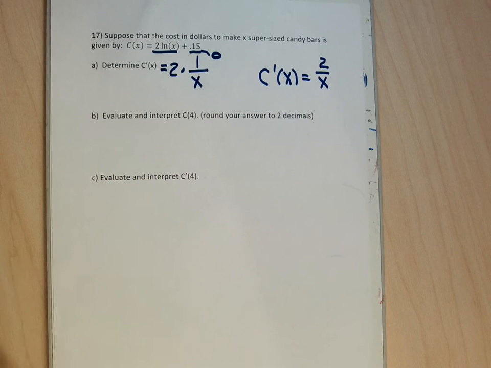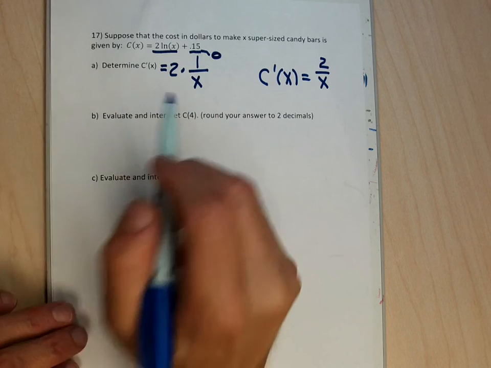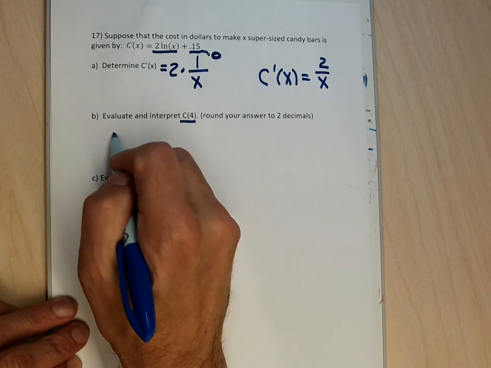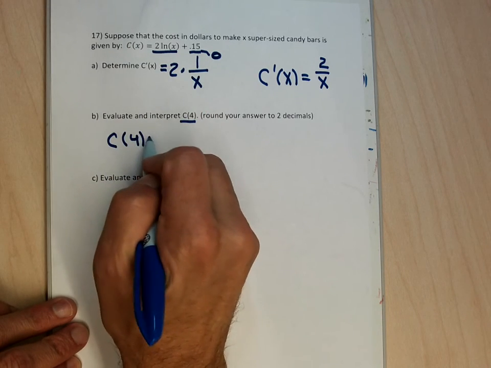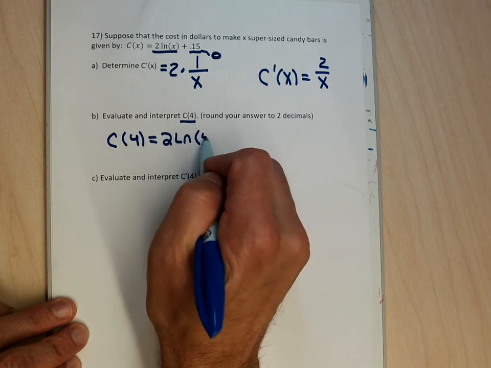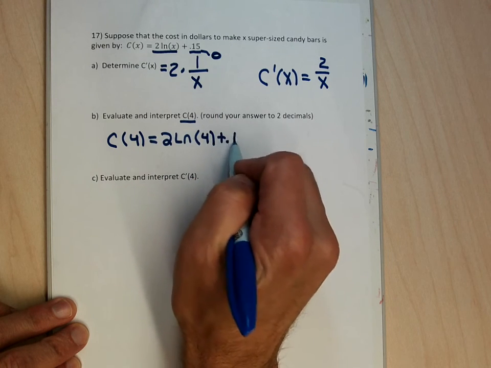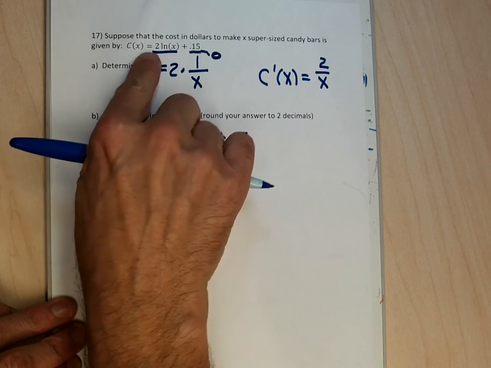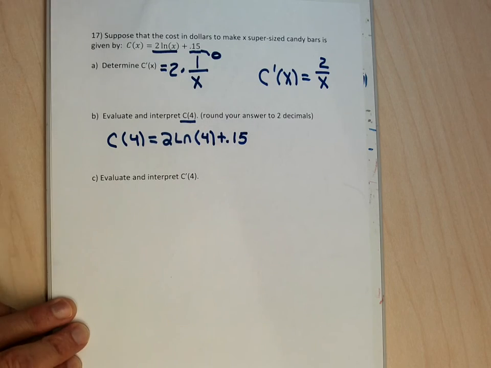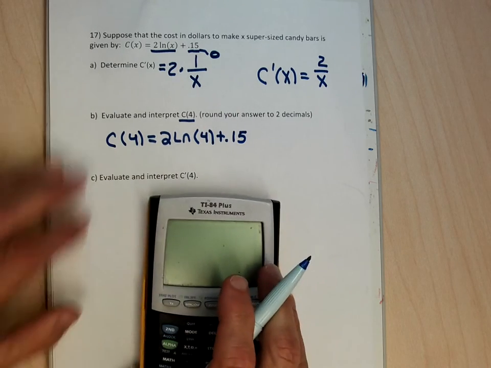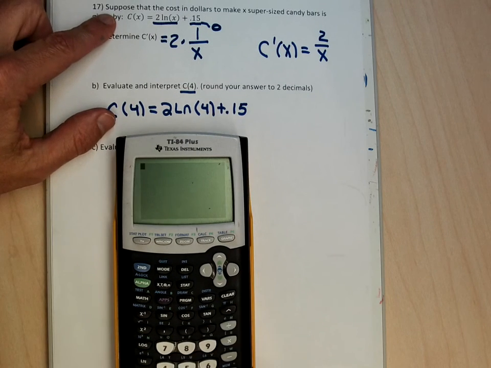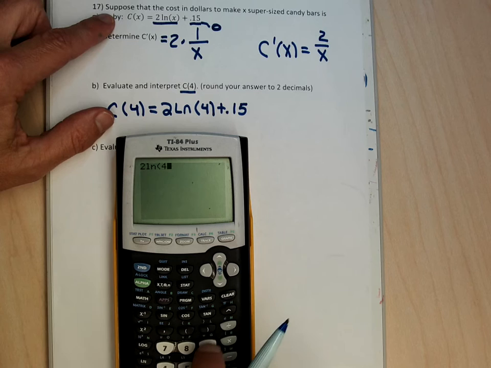Now I have 2 bits of interpreting and evaluating. Part B says take 4 and plug it into the original function, not into the derivative. And I'm just going to do that on my calculator. I'm going to round to 2 decimals, assuming I'm going to need to round to 2 decimals. This function gives me the cost of making candy bars. X is 4, so it's going to give me the cost of making 4 candy bars. Since I plugged it into the original function, and the original function tells me how much it costs to make supersized candy bars,